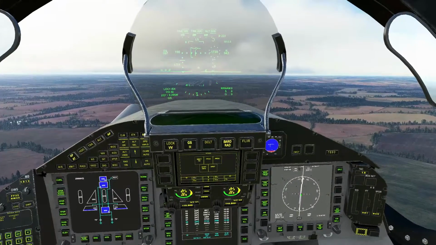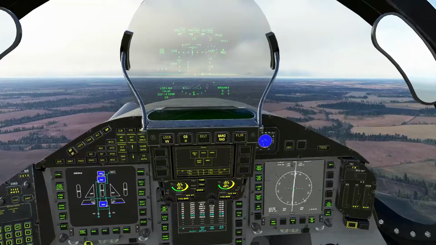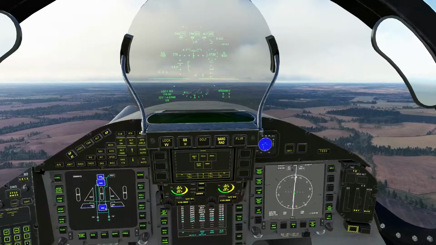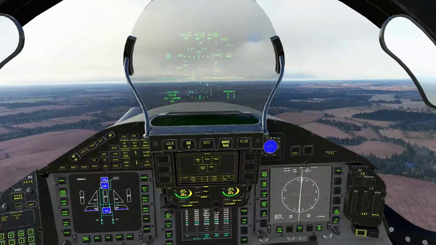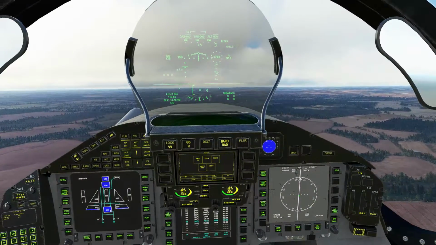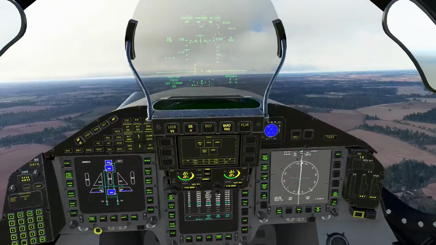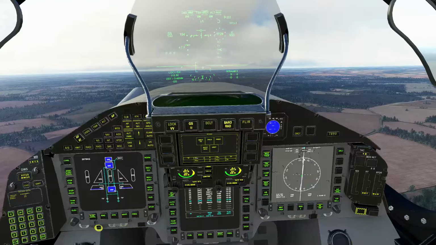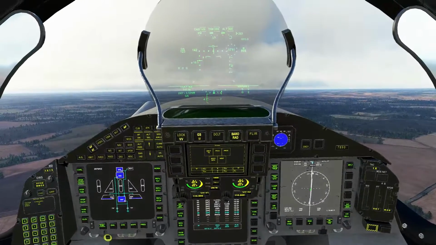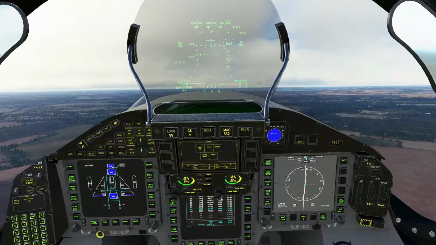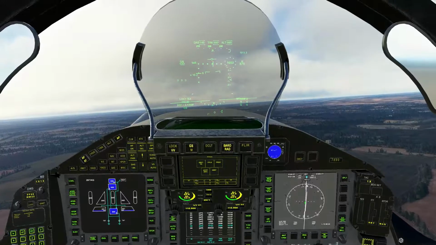I'm no expert, and if you want to know the proper procedures, Codename Jack has a video which I'll link in the description. But as you can see, we are coming in how we are supposed to be coming in. Now this is with the IFR low airways. Now I'm going to try it with a GPS